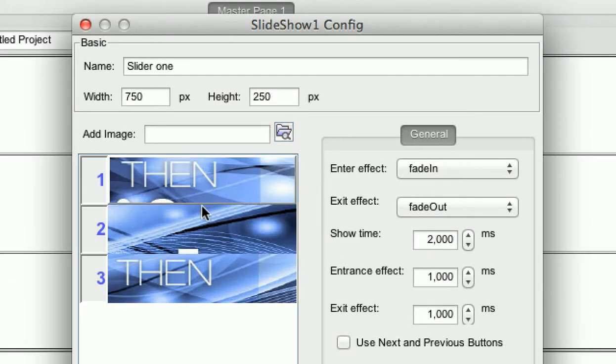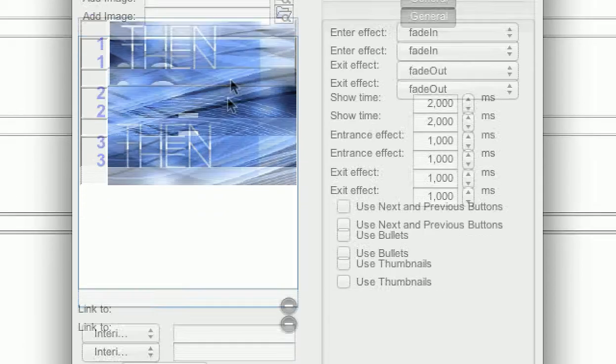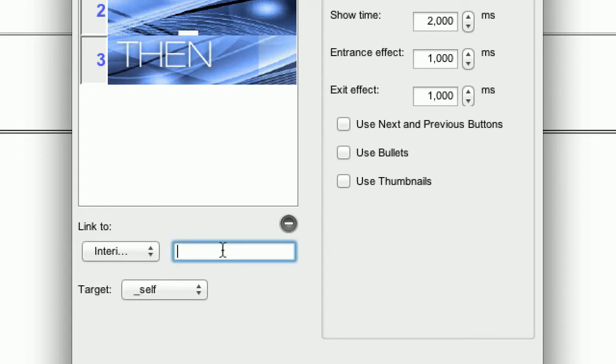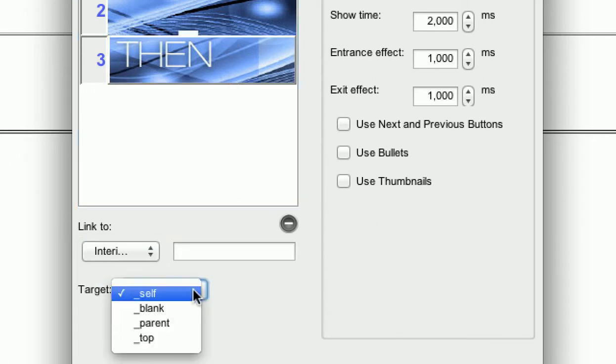As you can see, I have my images in order and I can add them a link for every image that I have. I can select the target,